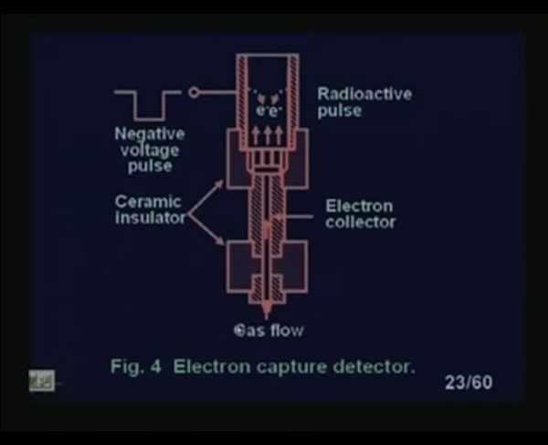Now, the electron capture detector has two electrodes with the column effluent passing between. One of the electrodes is treated with a radioisotope that emits high energy electrons as it decays, and these emitted electrons produce a large amount of low energy thermal secondary electrons in the gas chromatography carrier gas, all of which are collected by the other, positively polarized electrode. Molecules that have an affinity for thermal electrons capture electrons as they pass between the electrodes